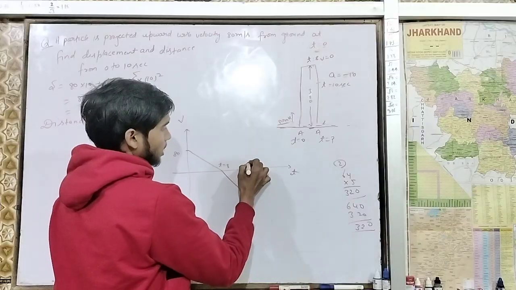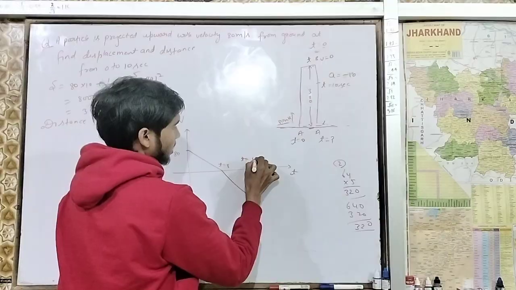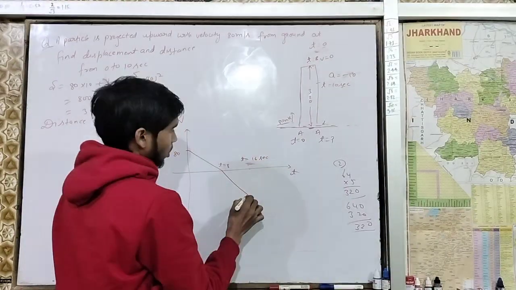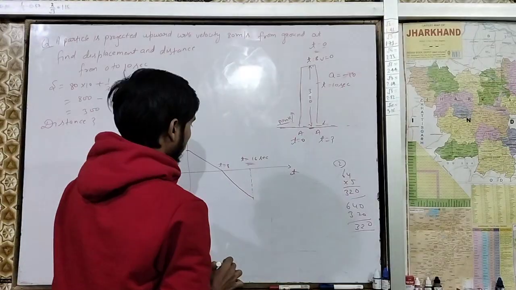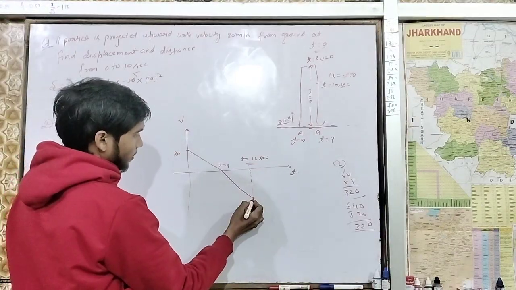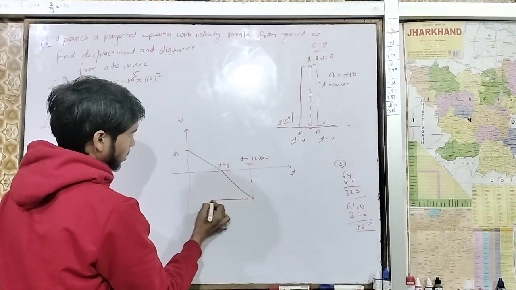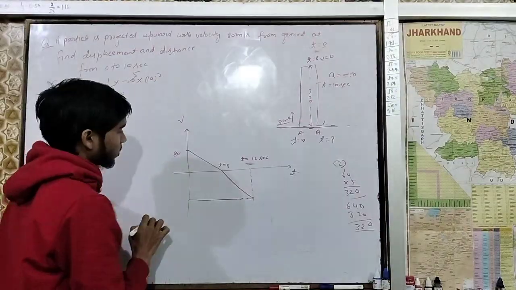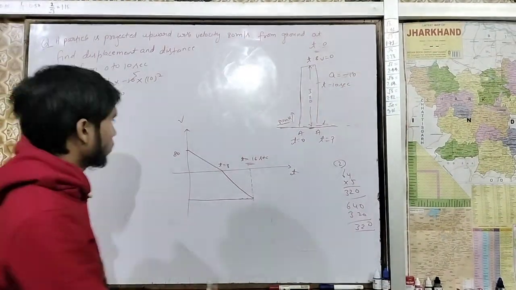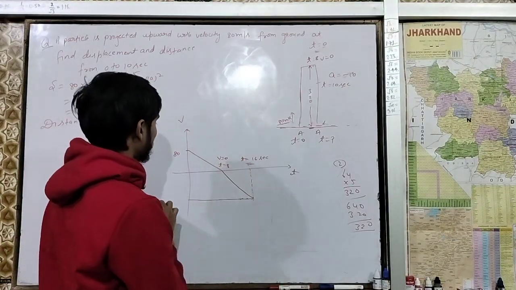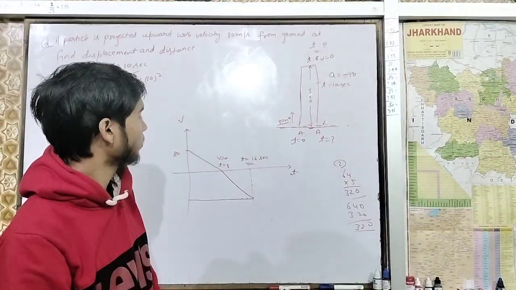At 16 seconds, t is equal to 16. What is the velocity going to be at 16 seconds? Over here, velocity is 0. At 60 seconds, velocity will be nothing but